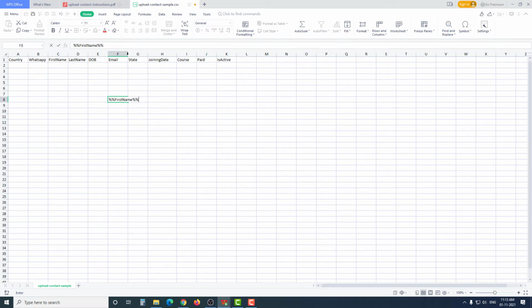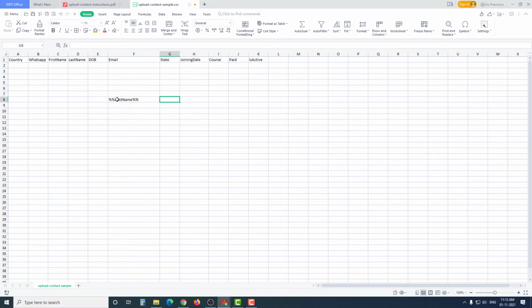You got my point? When you put this variable inside your message template, it gets replaced with the actual value for this particular row, for this particular customer. If there's any confusion, just let me know on WhatsApp.